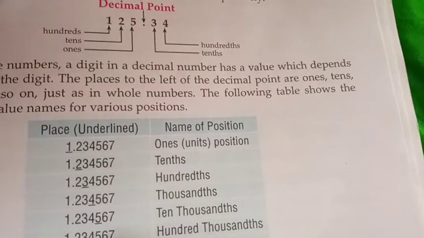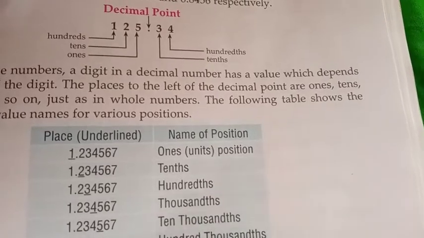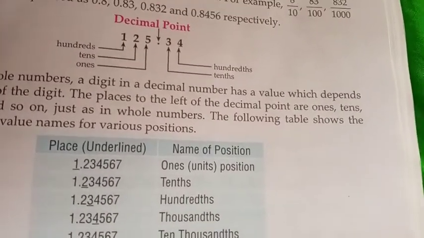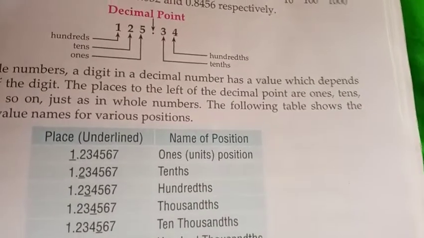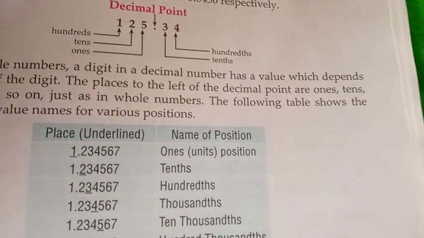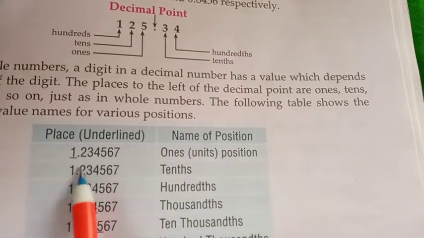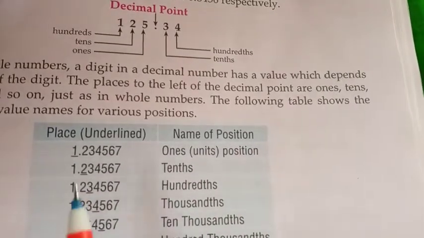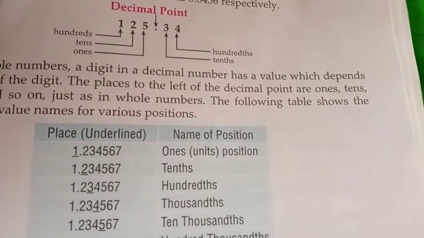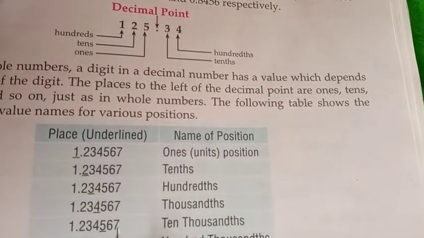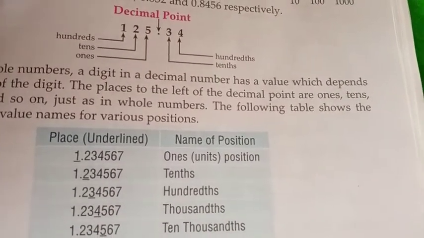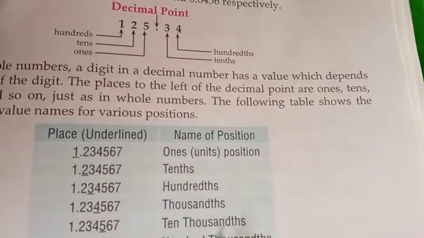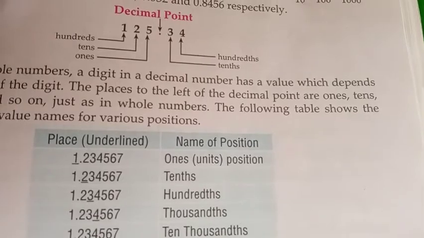Okay, so hope you understood how decimal fractions are a little bit different from normal fractions. You see here that this 1 is in the ones position because it acts as a whole number. With that part we know already, but the challenging part is that after the right side of the decimal point, it will be tenths, hundredths, thousandths, ten-thousandths, hundred-thousandths, and millionths.